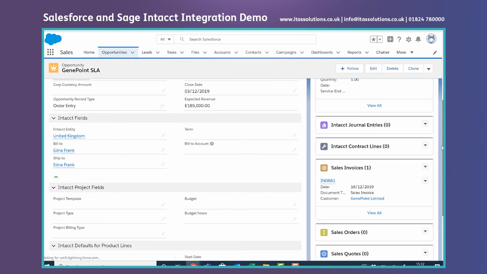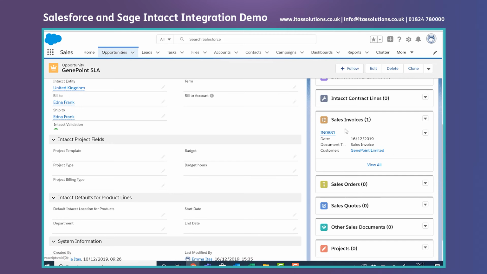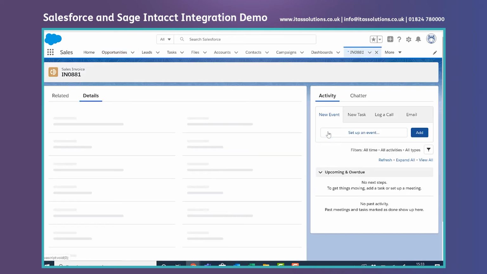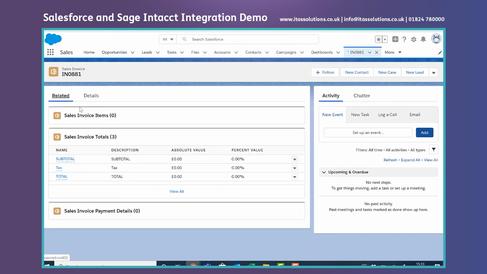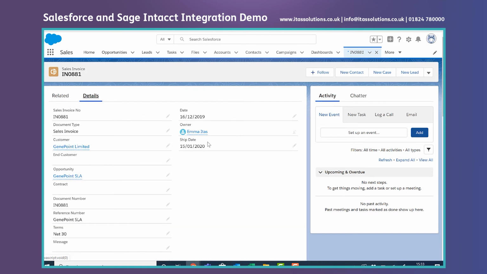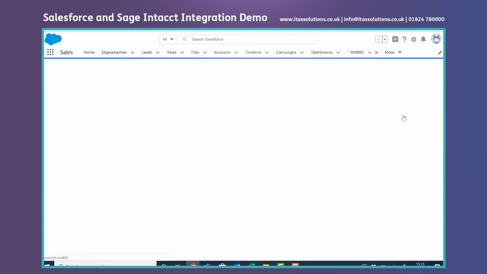And I just want to point out on the right-hand side here that the sync, again, is instantaneous. So that sales invoice that I've just created is sitting against the opportunity, and I can see it from here. So it is one integrated system that allows me to see all of the information against invoice, and it allows me to see all of the different elements like the invoice totals, etc. So again, whilst it's not an on platform integration, what it does give is a really great view into the information,